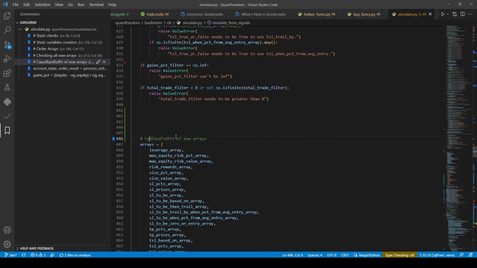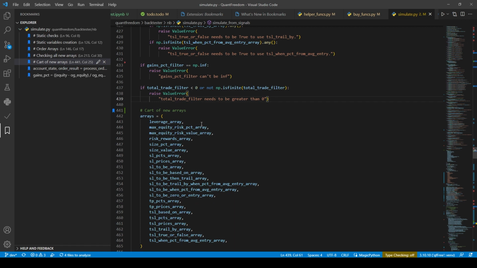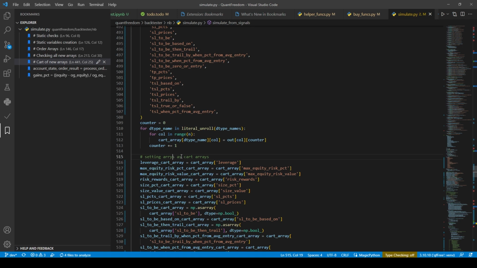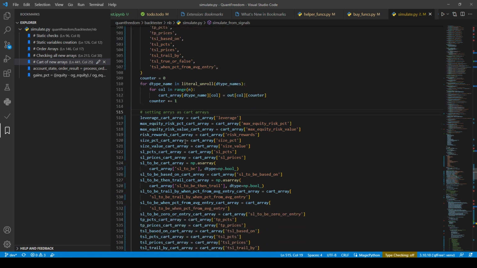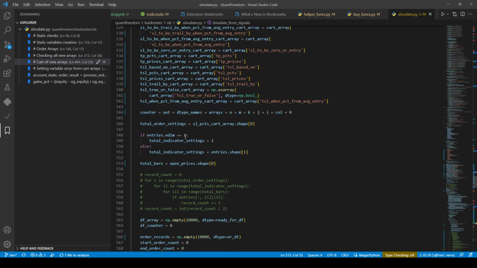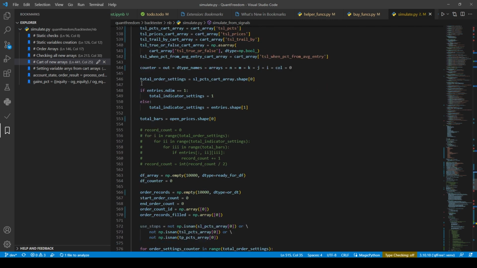Boy, that's amazing. Okay. So that's the Cartesian of new arrays. This is setting arrays as cart arrays. Arrays. Okay, this is